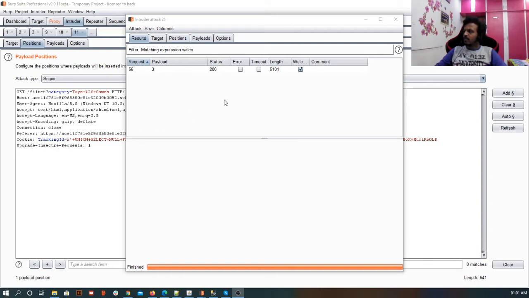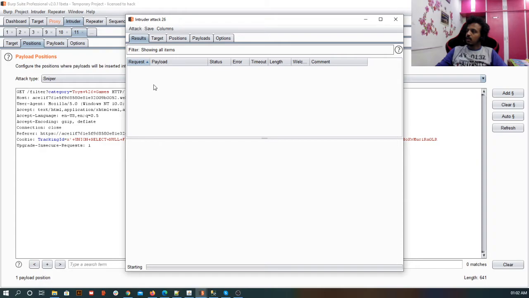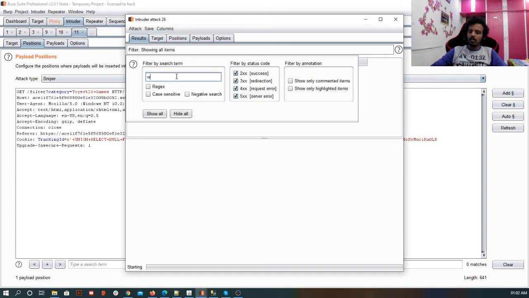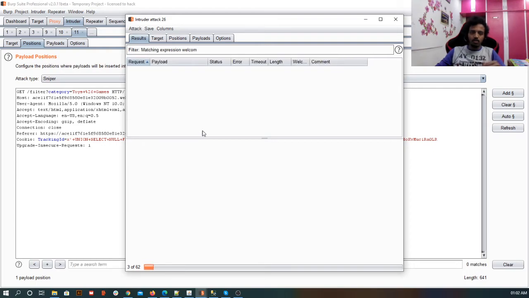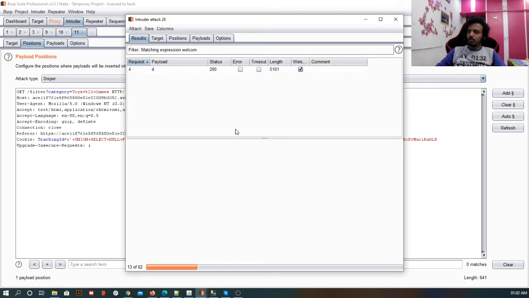So far I have done 19 characters, and for the final character I want to show you this thing. Let me do this. I want to find the 20th character, start the attack, and I don't want to go through all of them. So I'll write my response here, and it will filter it for me. Though we have the tick mark done, I don't want to go through them. Whichever matches this expression will be filtered and shown to me. Okay, so that was the final character. Let me copy the complete password, and yeah, we can close this.